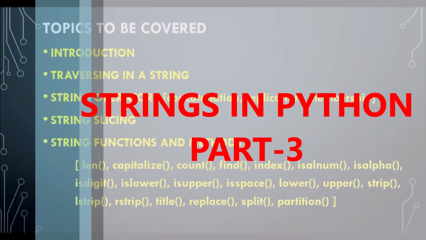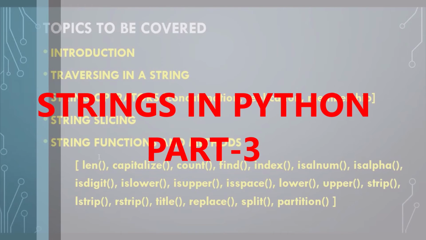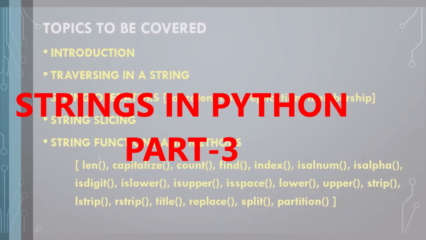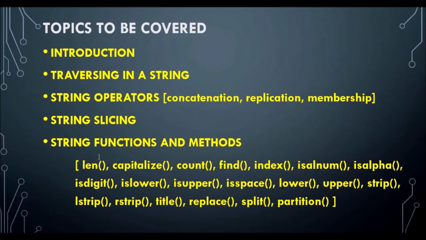The next topic is string slicing. Now what do you mean by string slicing? Basically, slicing is an English term which means a part of. So in the same way, in Python, the term string slice refers to a part of the string, where strings are sliced using a range of indices.